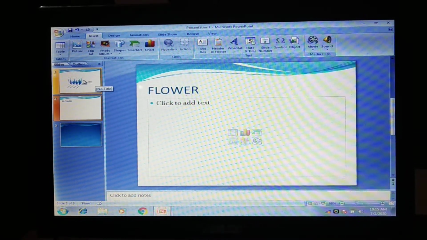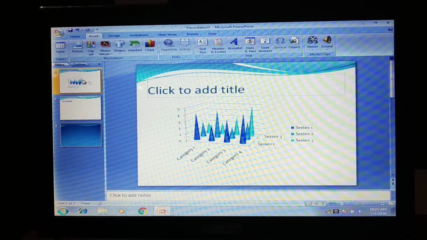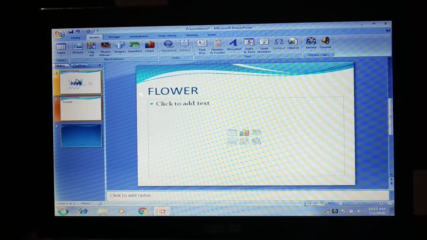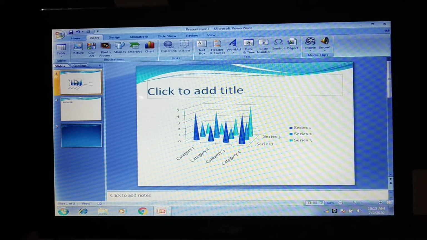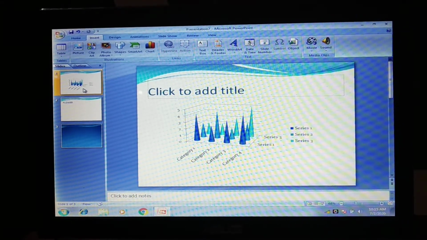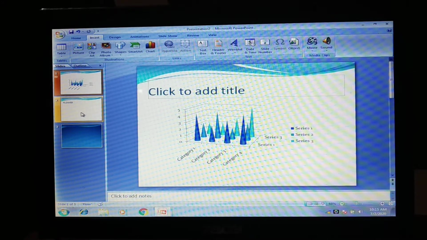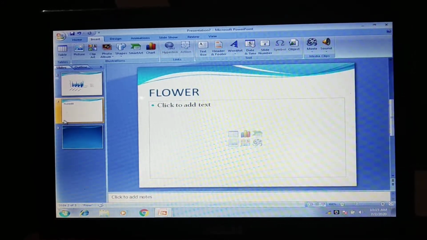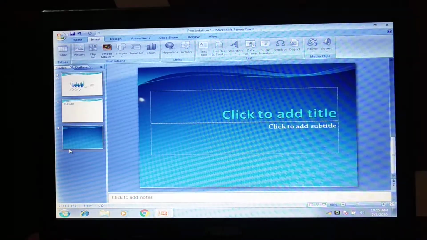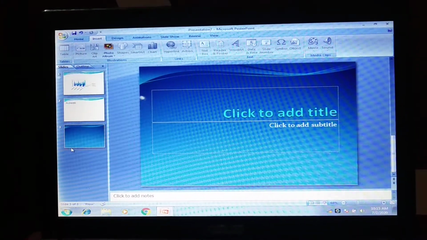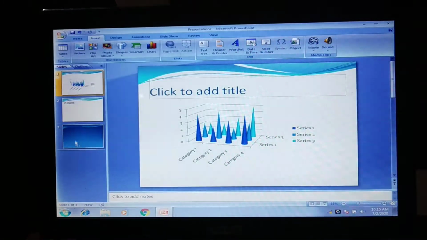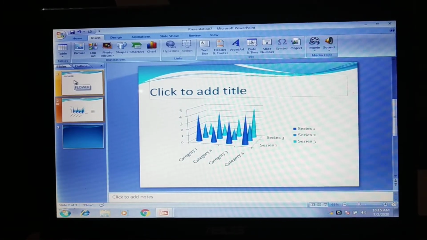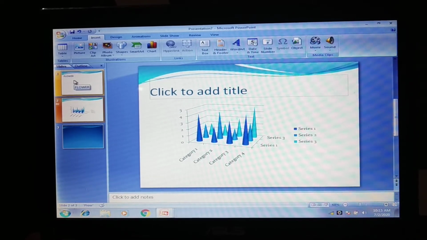From the mouse you make a left click. In this way, just by dragging and moving up and down, you can organize the slides.